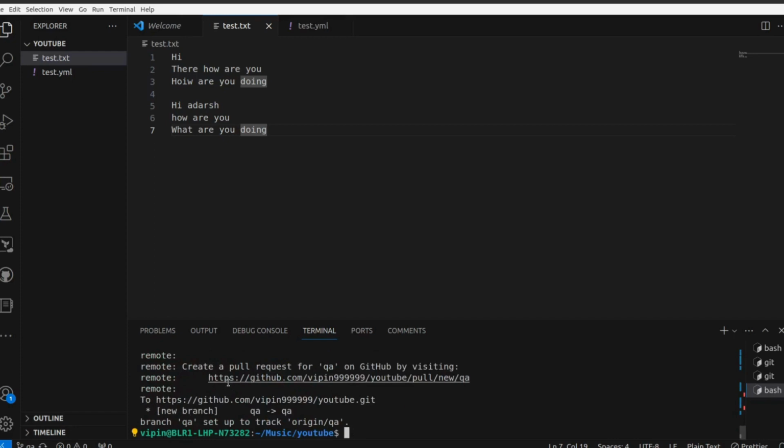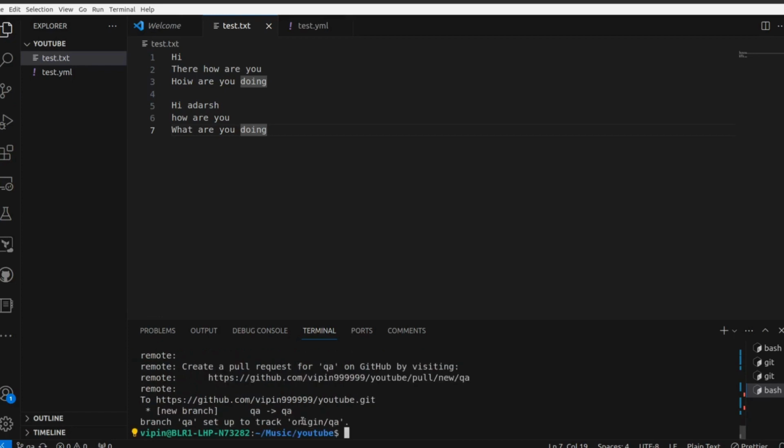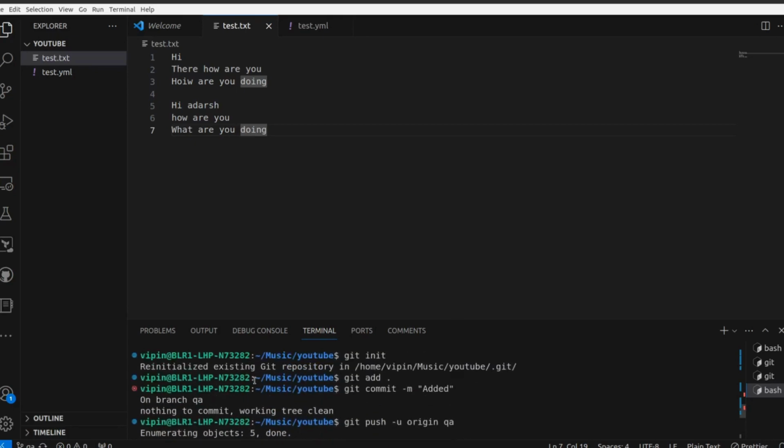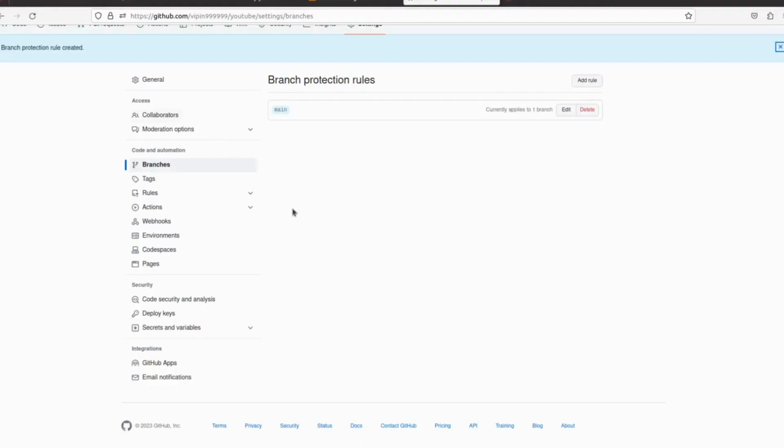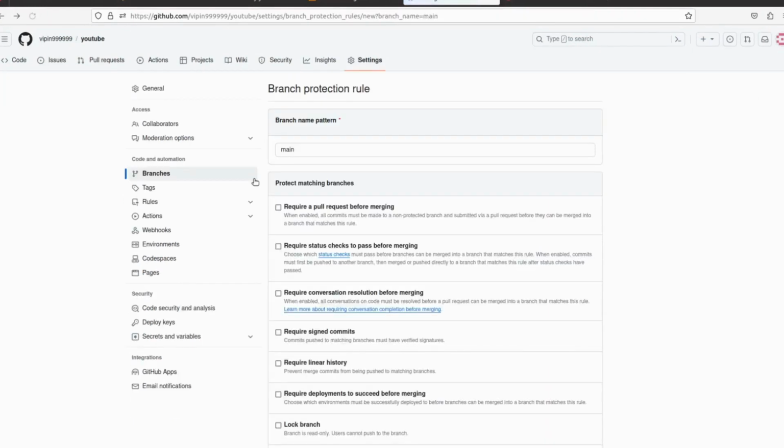So as you can see, we can successfully push our code to the QA branch, but we are not able to push our code directly to the master branch because we have just enabled the branch protection rule for the master branch. Okay, so let's go back to the repository and show you.